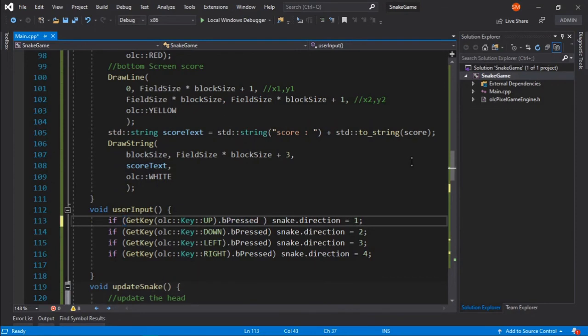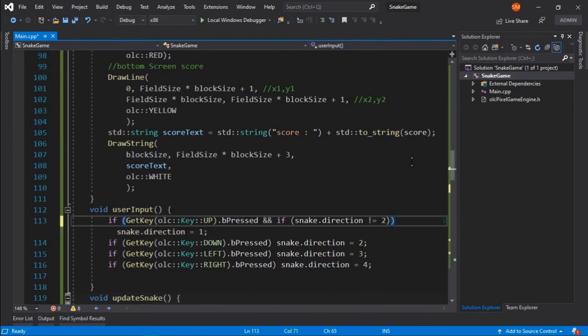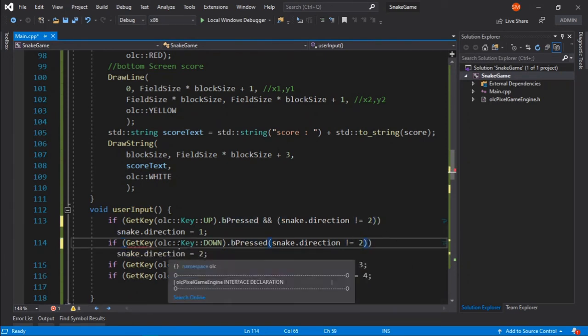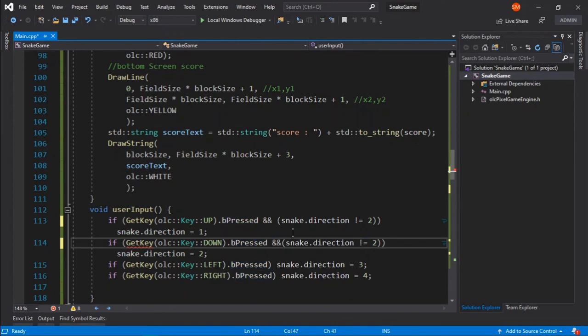So this, and we will just give an and, and then we will say if the snake direction is not equals to this. Okay, so this will be like our condition here, and the same thing will be done to all these button presses as well. I was just a little bit careless, I guess, to not notice this.